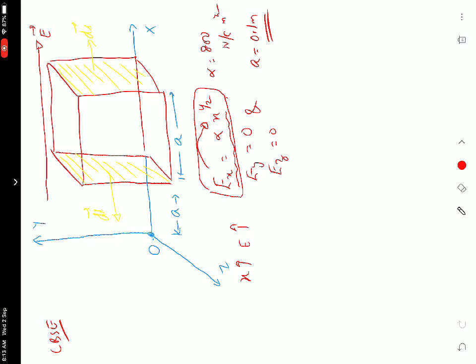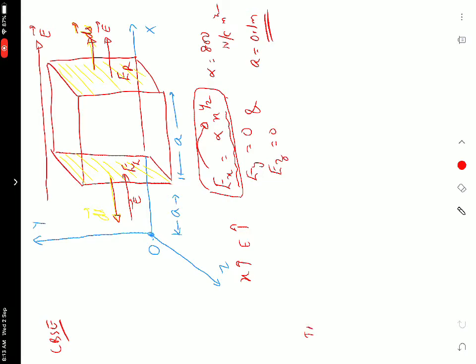So I am marking the direction of electric field on both faces. The electric field on the right side face is in this direction, and on the left side also it is in this direction. Both are in the same direction, no change. But the ds vector on the right side face is toward the right and on the left side face is toward the left. That is the most important point. And the values of electric field are different. So we mark the electric field on the left side as EL and on the right side as ER. Both these values are different. So we calculate the values. You have to remember that the electric field values are different.